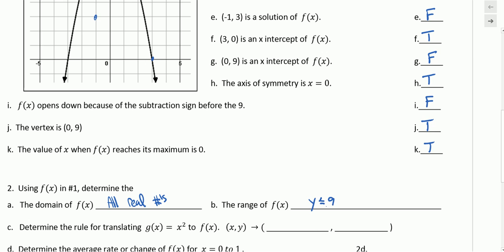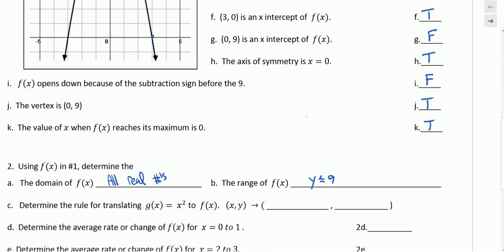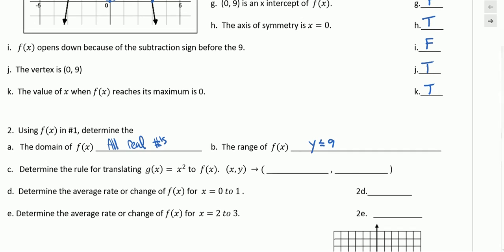C says determine the rule for translating g of x equals x squared to f of x. Well, g of x equals x squared would be a parabola with a vertex at 0, 0, and it would be opening up. So two things need to happen here. We need to flip this upside down, and we need to move it up 9 spots. And so if we take our y values and flip them upside down,